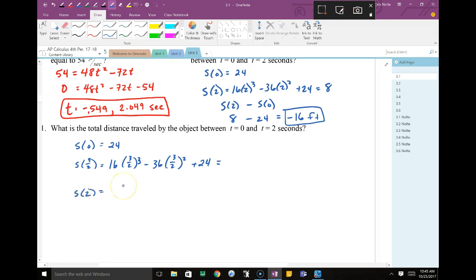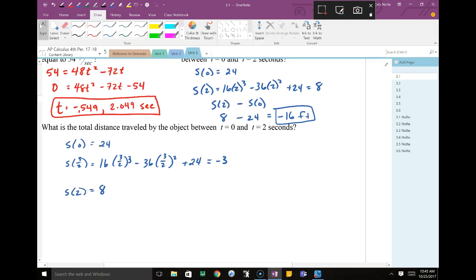Anybody get -3? That's what I got. Do you disagree or? Okay, perfect. Okay, so if those are our three positions, we basically need to find the total distance between the